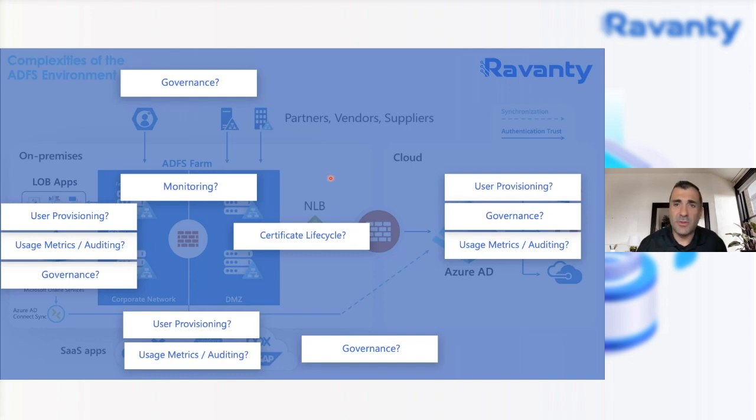If you look at partners, vendors, suppliers, if you have external partners, you have to control the governance. When the account, you have to create the account. When was the account created? When did the external partner leave the organization? When do I need to disable their account? So all of that has to be managed separately, as you can see.